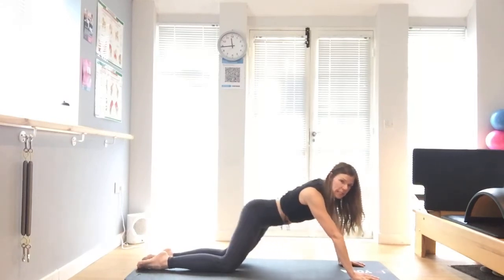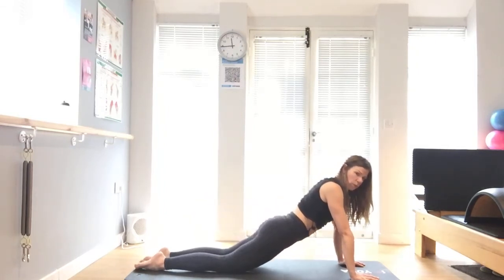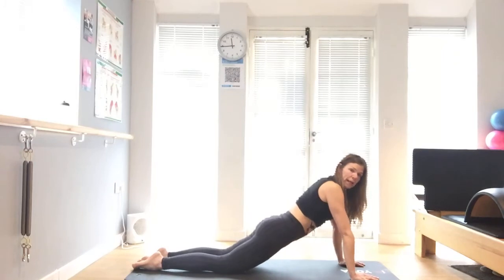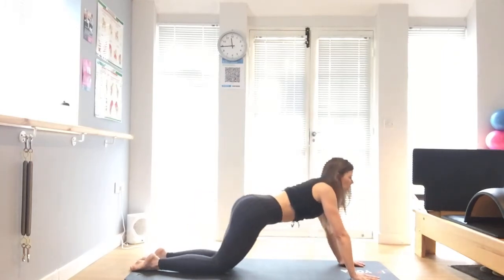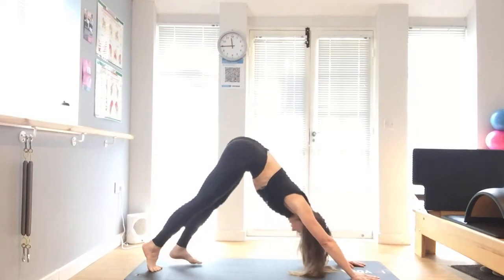And then send the hips to the left. Draw a circle, feeling the stretch down the sides of the thighs as you come back to the plank. One more time to the right. Into that modified plank. And one more time to the left, into the modified plank. Now curl the toes under, lift the knees, push the hips up to the ceiling, and